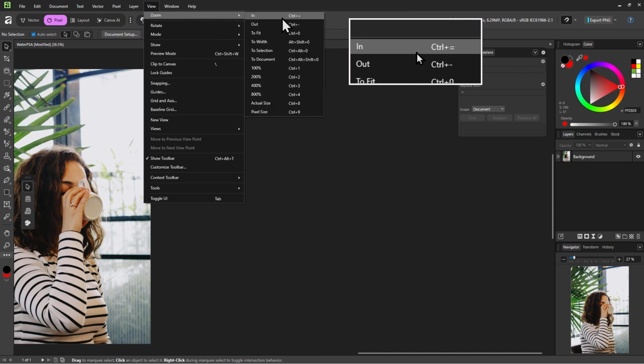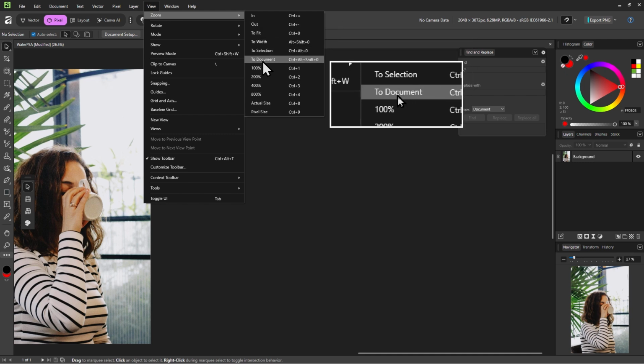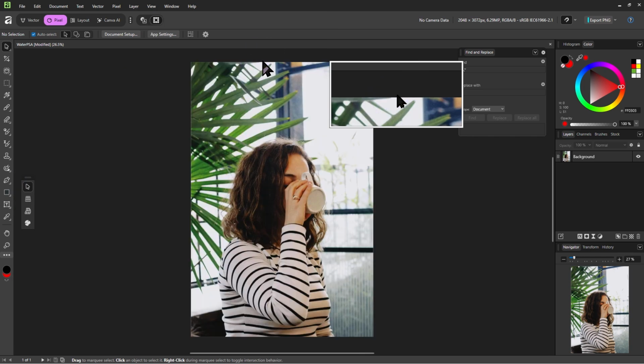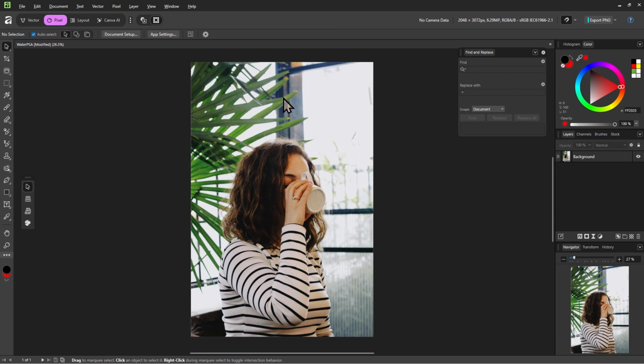We have a few options here: in, out, to fit, etc. You just have to click Zoom to Document and it will zoom out so that the center of this space here is at the center of your canvas. And we are back to normal.